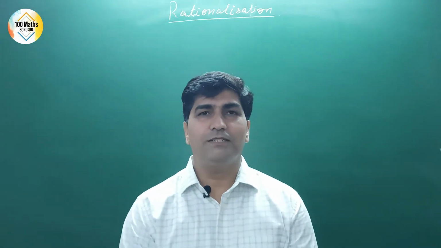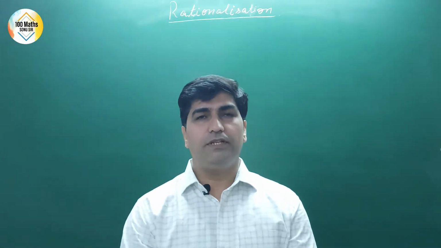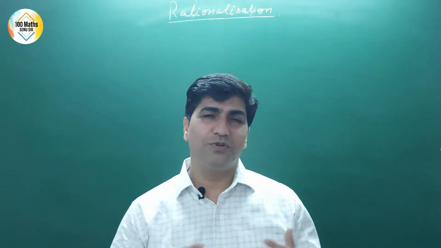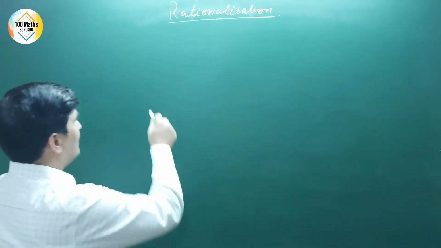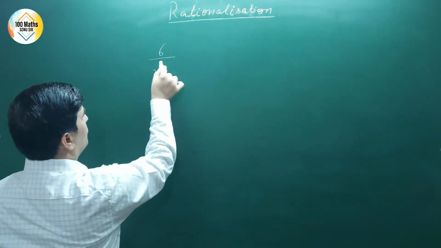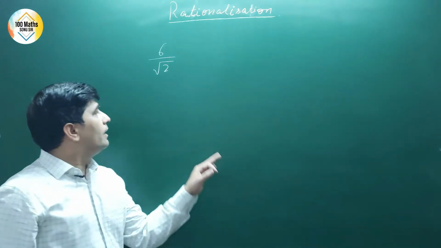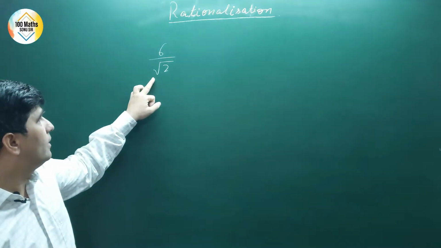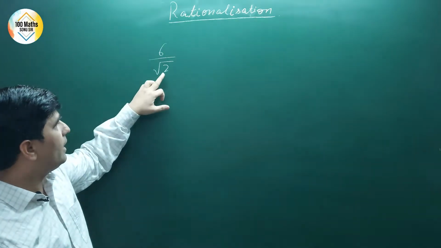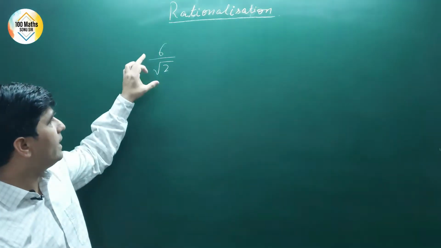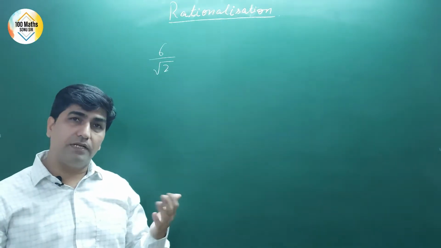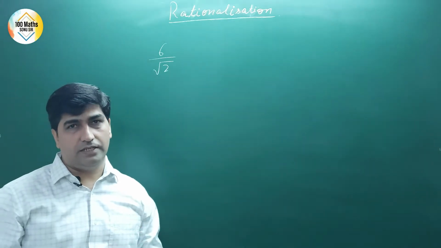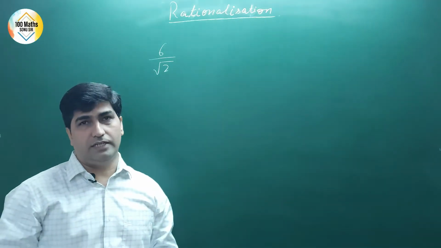प्यारे बच्चों, आज हम सीखेंगे अगर किसी नंबर के डिनोमिनेटर में रूट साइन आता है तो उसको हम किस तरह से रिमूव करें। लेट्स टेक दिस एग्जांपल 6/√2। ये जो रूट साइन इस एक्सप्रेशन में आया हुआ है डिनोमिनेटर में, अगर आप इस एक्सप्रेशन को किसी दूसरे नंबर के साथ ऐड करना चाहें, सब्ट्रैक्ट करना चाहें, मल्टीप्लाई करना चाहें या डिवाइड करना चाहें तो ये थोड़ा सा डिफ़िकल्ट होता है, राइट।